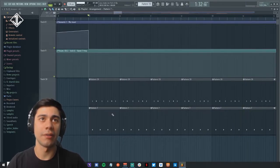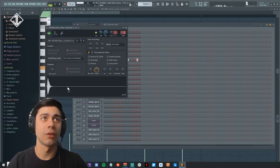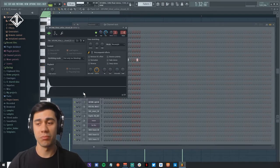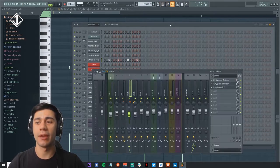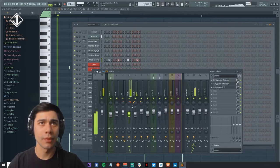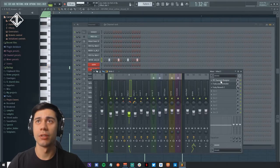And with that one, I just use a simple, nothing special there, just a normal hi-hat, and I think it's this one. What's this one? Yeah. So once again, transient designer,